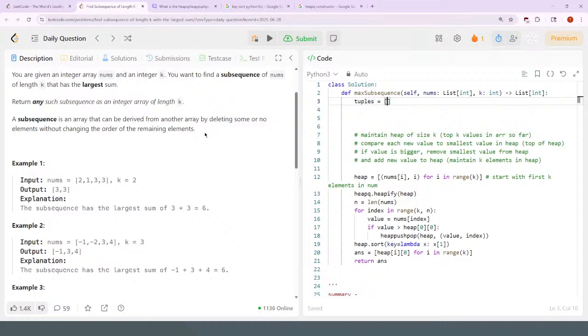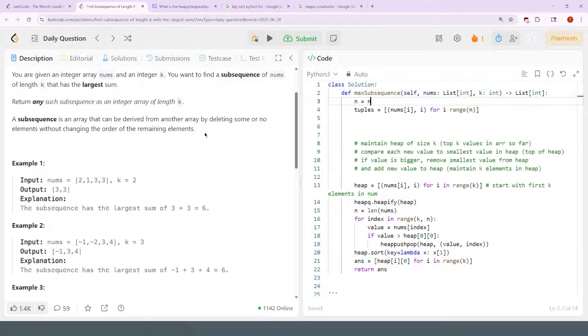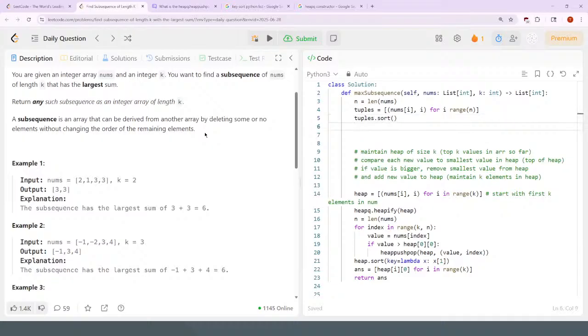Okay, so tuples is going to be nums at i, comma i, for i in the range of n, where n is the length of nums, and then I'm going to sort the tuples. This is going to sort by the first element of the tuple, which is the value. And then I'm going to pull out the first k elements and re-sort that. So top k is going to be